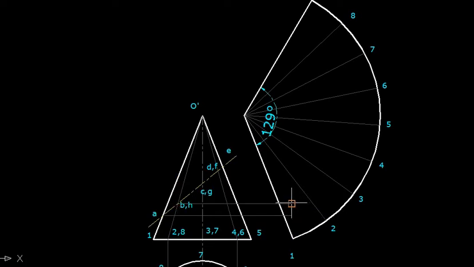That is, for all the points these projections are to be marked. So for all these points the projections are marked.